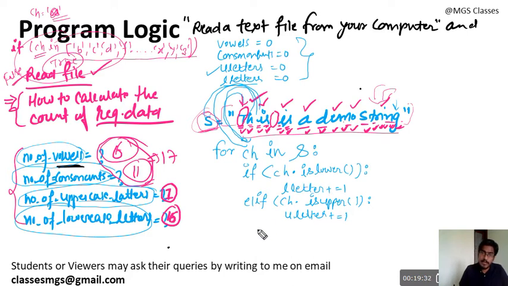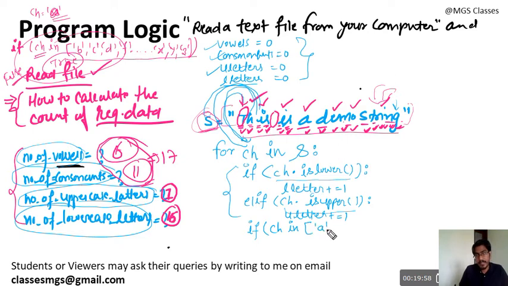If you write elif here and you write the logic for checking whether it is a vowel or consonant, then this elif will never be executed, because a character will either be lower or upper, so it will never come here. That's why this is one group, and one more if else group will be written for checking vowel and consonant. So if, how to check vowel, if ch in